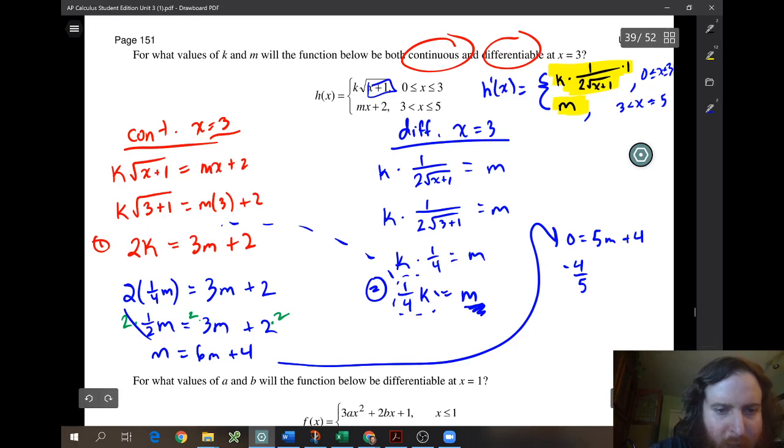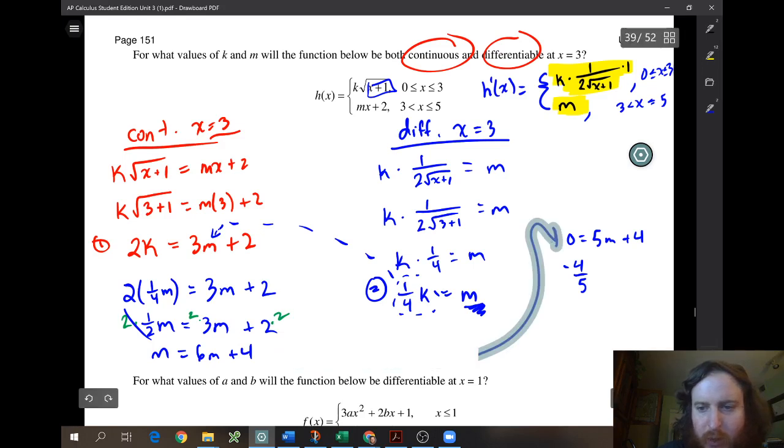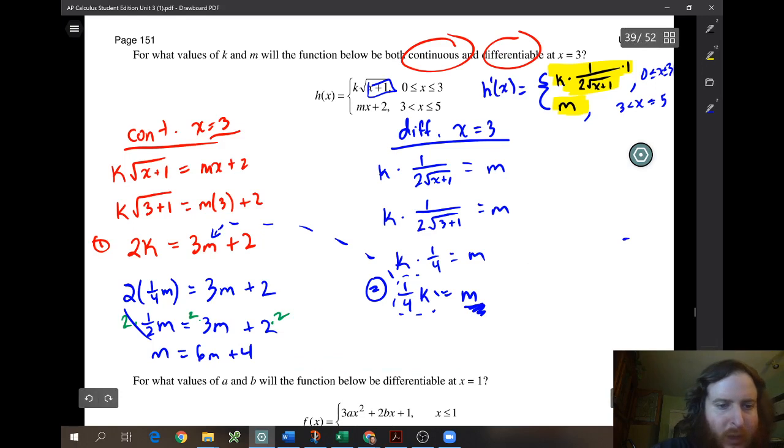We were supposed to plug it in for m, right? Because m is equal to 1/4 k. So all of that work I totally did wrong. Sorry about that. We were plugging in for m. So what should have happened is we should have had 2k